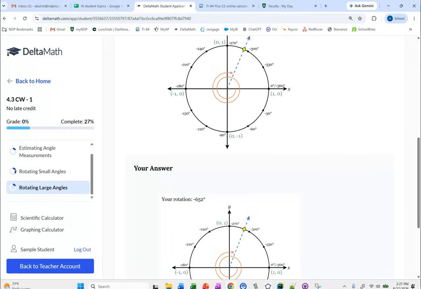I know it's gonna get scary here eventually, but so far this hopefully has been fairly okay. And today was mostly just drawing pictures. It's cool, I love drawing pictures. Like, let's do that. It is a really important skill that you're able to draw these standard position angles accurately. It's a very necessary skill as we get further in, so you definitely will be well rewarded if you get good at